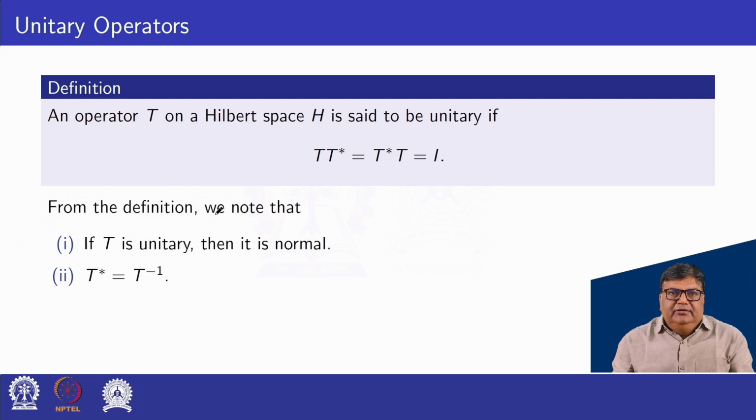From the definition, we note that if T is unitary, then it is normal. This is the definition of a normal operator: T T star is equal to T star T. It means we can say that a unitary operator is a normal operator. Also, T star equals T inverse, that is, the adjoint of T is T inverse when T is